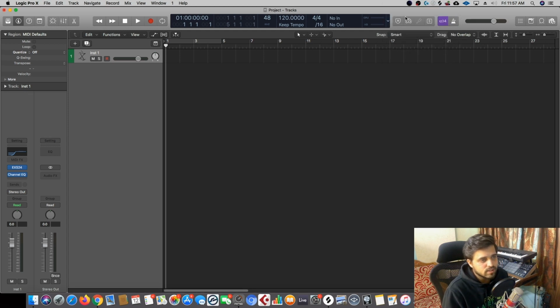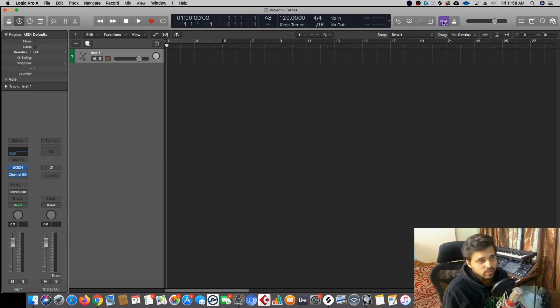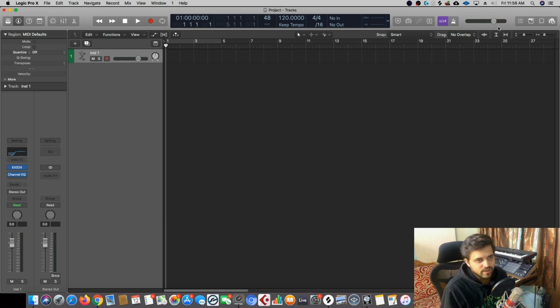Here, these are the buttons which generally you can use for recording purposes, where this is called replace the already recorded region. This is for activating low latency mode. This is a tuner. This one is to solo a particular region. This is to give a count in, so when you're recording, you can just hit the record button and it will give you 1 or 2 bars of clicks before it actually starts recording. This one is to activate and deactivate the metronome. This one is the master fader of Logic Pro X.